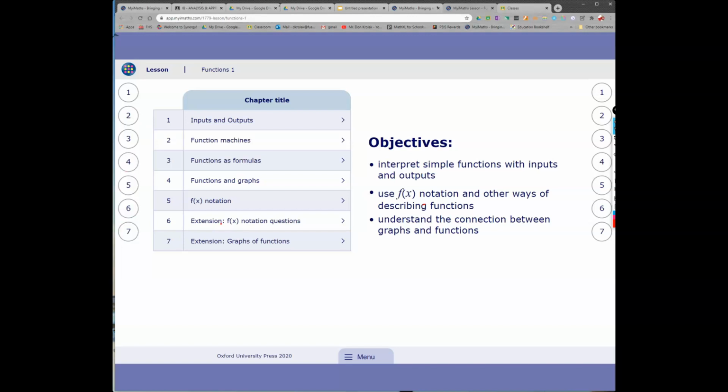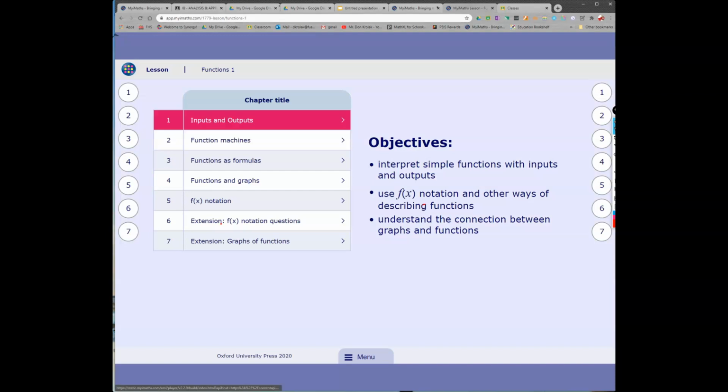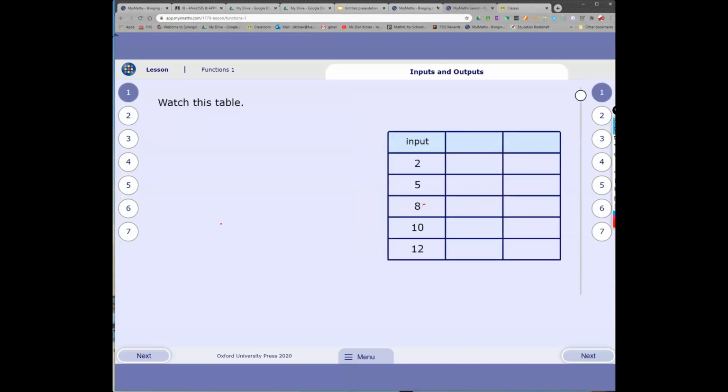All right, it talks about what the objectives are. So we're going to interpret simple functions with inputs and outputs. We're going to use function notation as a way and other ways of describing functions. And then we're going to take a look at the connection between graphs and functions. All right, so I'm just going to click on input output. All right, it says watch this table here. So we have a list of inputs. Okay? So for each number in the input column, there is an output. Okay, so for example, 2, the output that goes with 2 is 5,